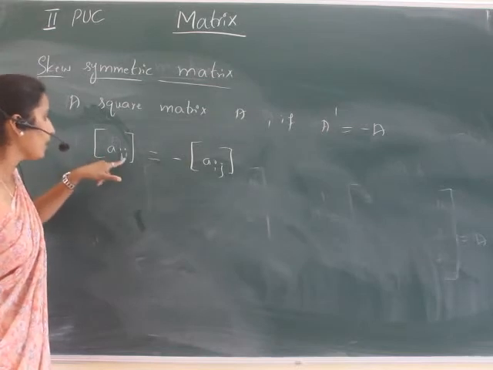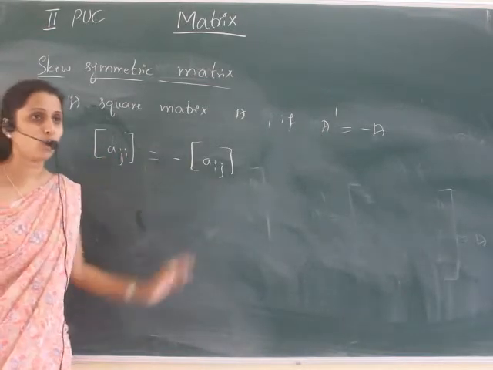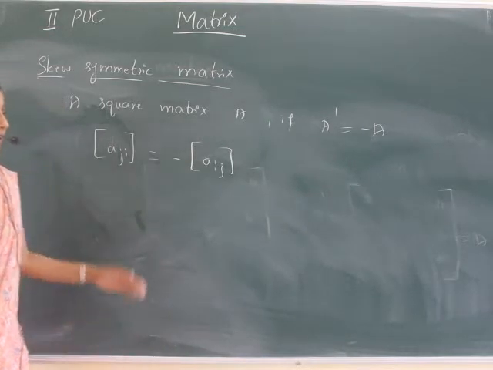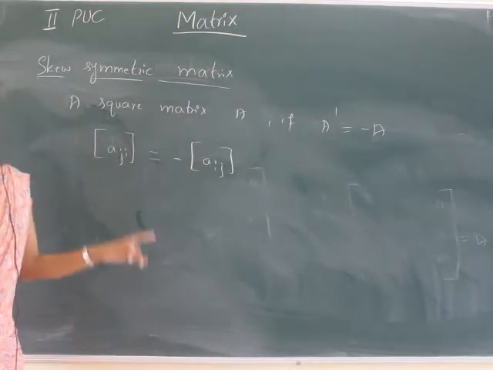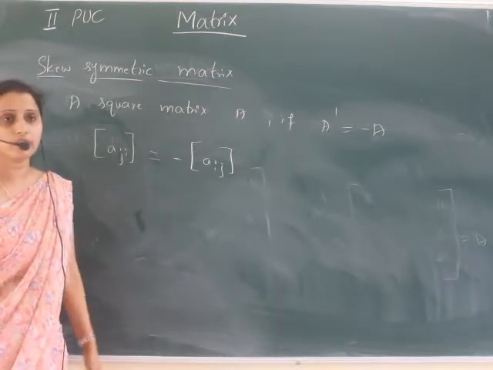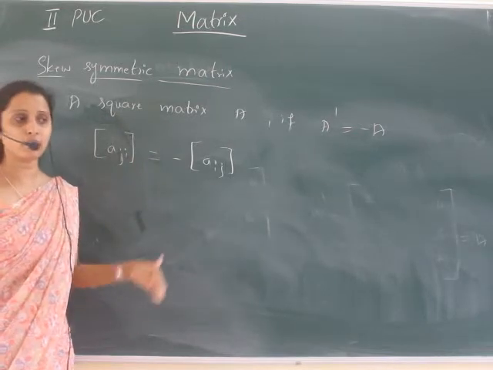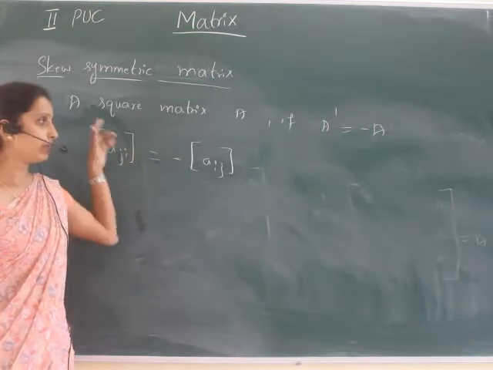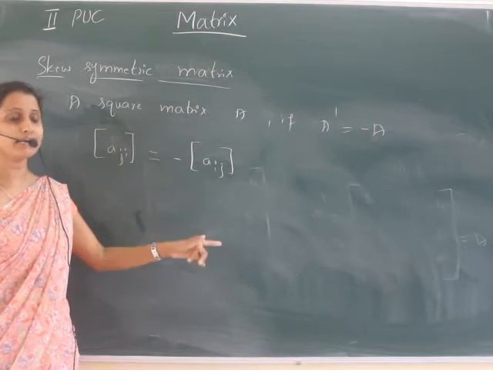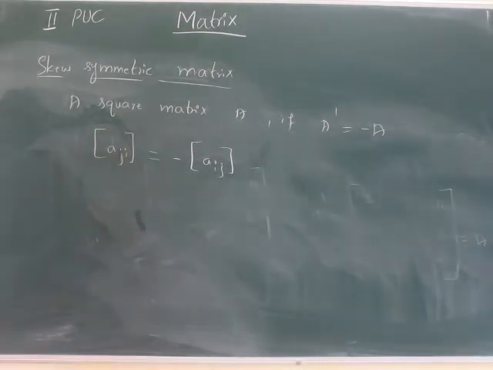Now this is for the ith row and jth column we have written. So what I'll do is, we know that in the principal diagonal, the number of rows and columns are equal. We know that the A11, A22, A33, or A44, A55 elements are the principal diagonal elements. That means in that case, rows and columns are equal. A11, number of rows equal to number of columns. A22, number of rows equal to number of columns. That means what?